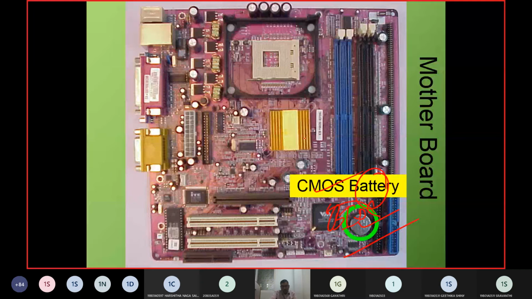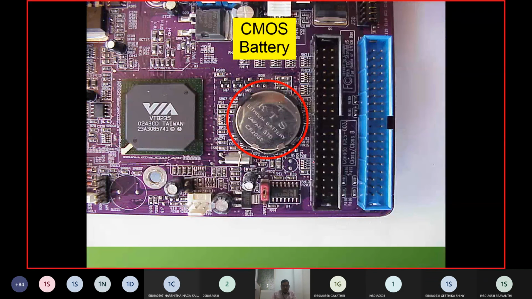So these are all the components we have discussed up to now. This is the zoom level what you can see. This is called the CMOS battery position. It is worth around 50 rupees. Even in your digital watches also, you will have a small type of battery which is low cost, and it gives the appropriate management of the time system. Similarly, the same kind of battery is given to the motherboard, and it is going to constantly help the basic input output devices.